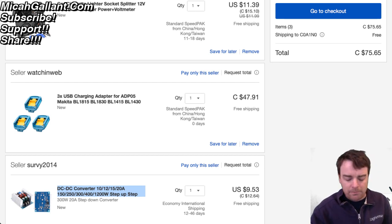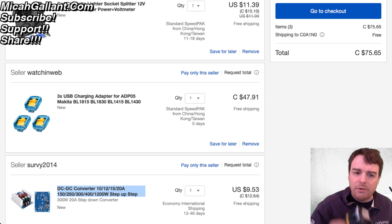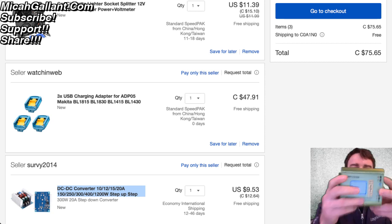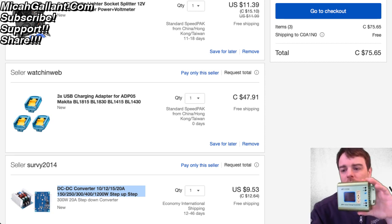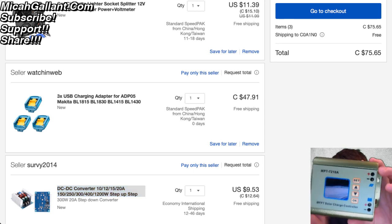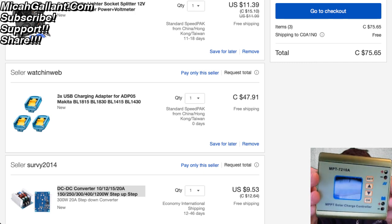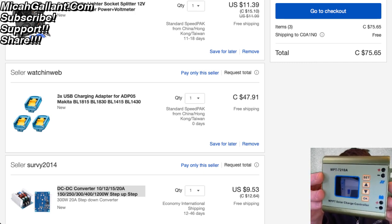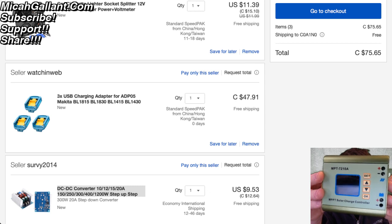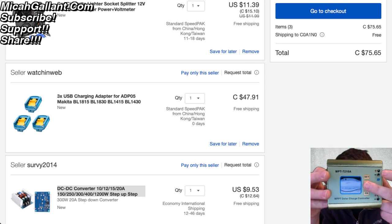Now you ask, how do you charge them though? If you're camping and you've got these guys plugged in, how do you charge them? This is where this cool little MPPT charge controller comes in. And this is a unit that I didn't think I had a use for, but this is a boost MPPT charge controller. So this will take a certain voltage, say 18 volts coming in from solar panel, and